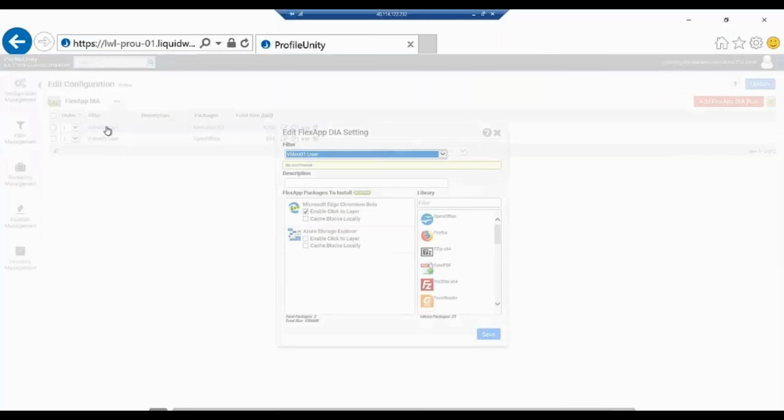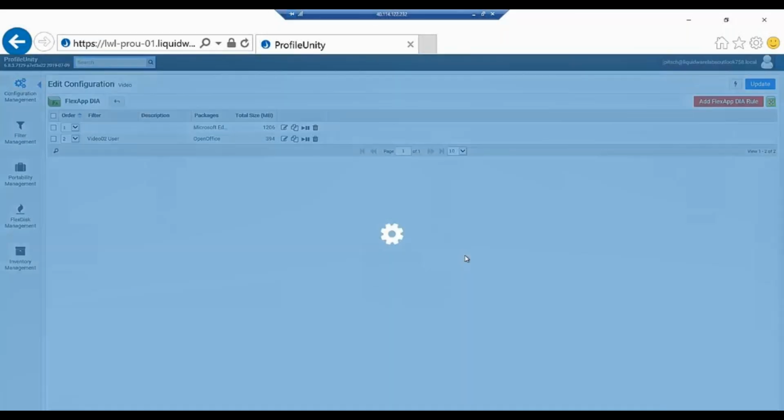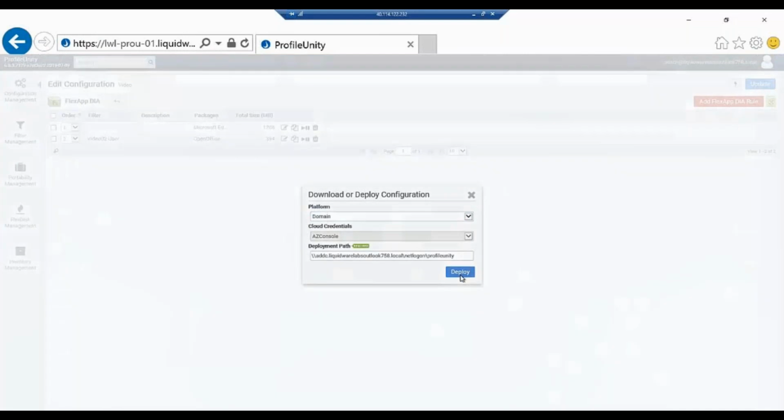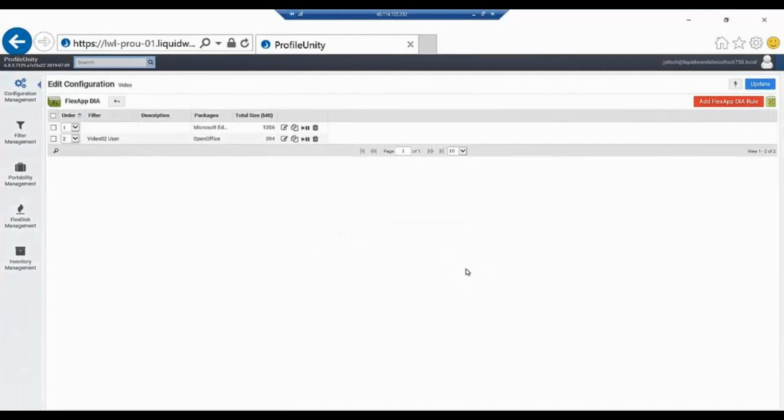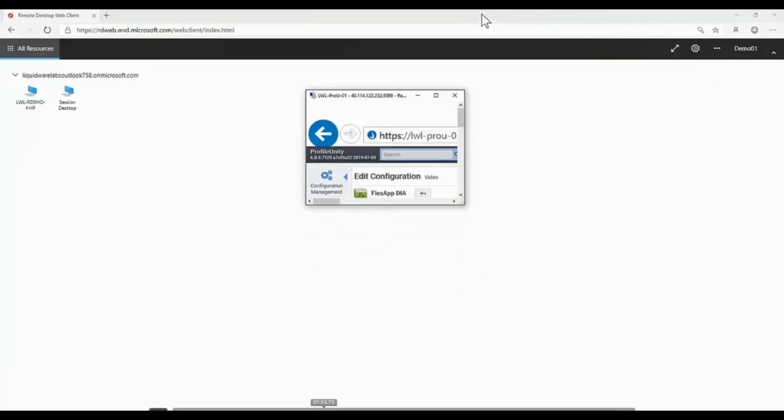get started and be very productive on day one. We're going to bring these applications in at 3 phases: at boot time for the majority of applications, at login time for user-based applications, and on a click to layer basis. So we're going to deploy these configurations to activate ProfileUnity in this environment,